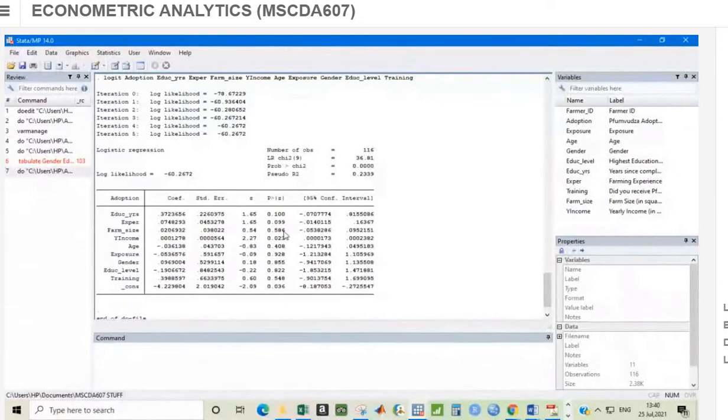Overall, the model is performing good, but individually, all other variables except the constant and yearly income are not significant. So in other words, the Z value here for yearly income, which is the test statistic of 2.27, is statistically significant given the P value. Then the constant again is statistically significant given the P value. But when it comes to overall, they are performing good. But how good are they performing? Now consider the pseudo R square here.